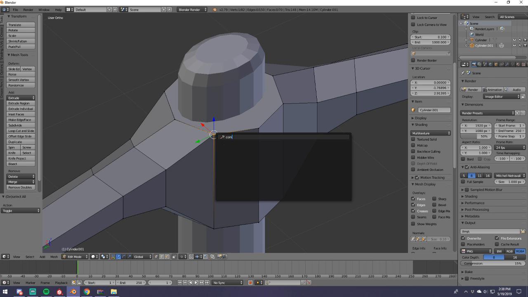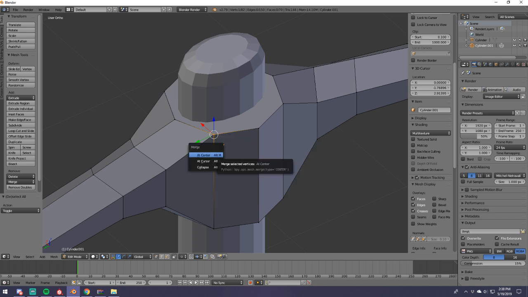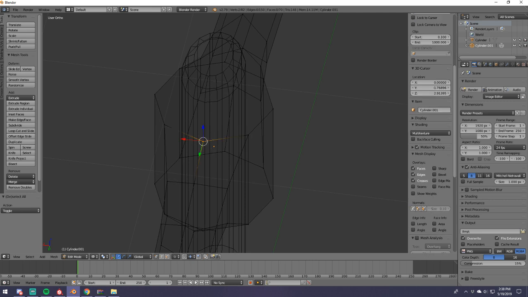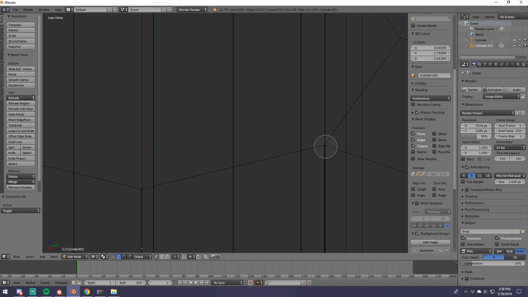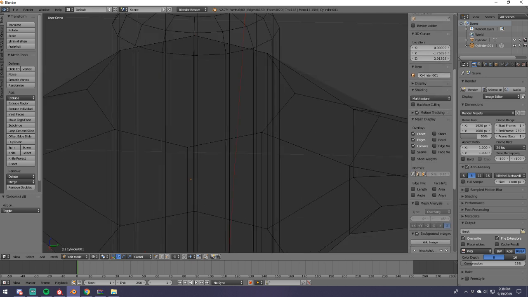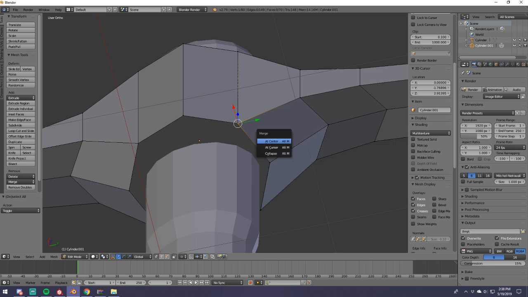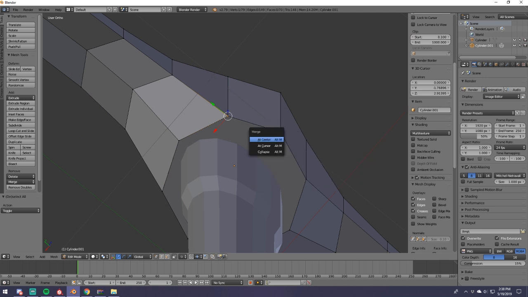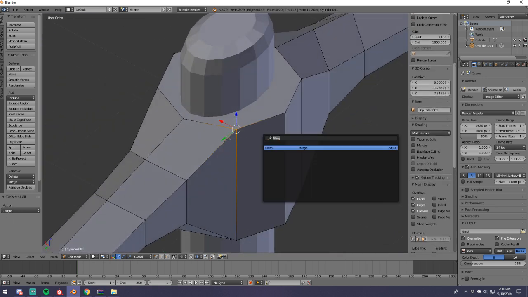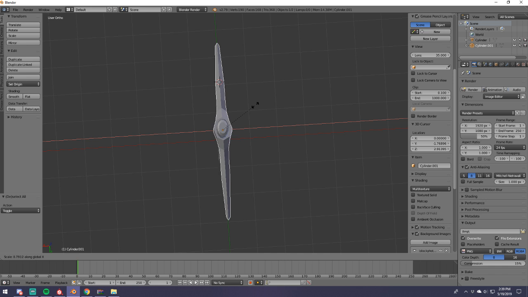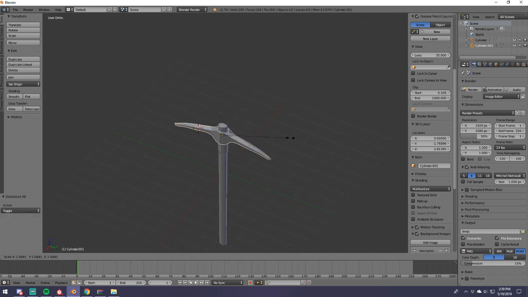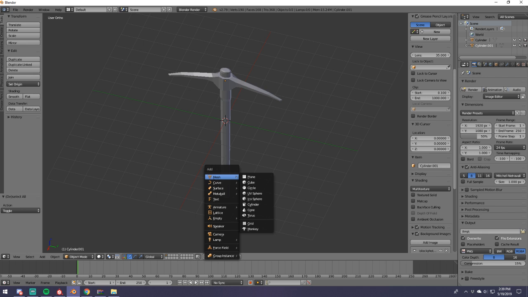Let's see, combine. No, wait, I want to do merge at center. And then that should make this all one piece here. And then, I said I didn't want it to be symmetrical, but at this point I'm like, I don't know. Might as well be. Alright, cool. So that's done. And size up a little bit. Okay, and then, but I wanted to make it look a little bit fancy, so